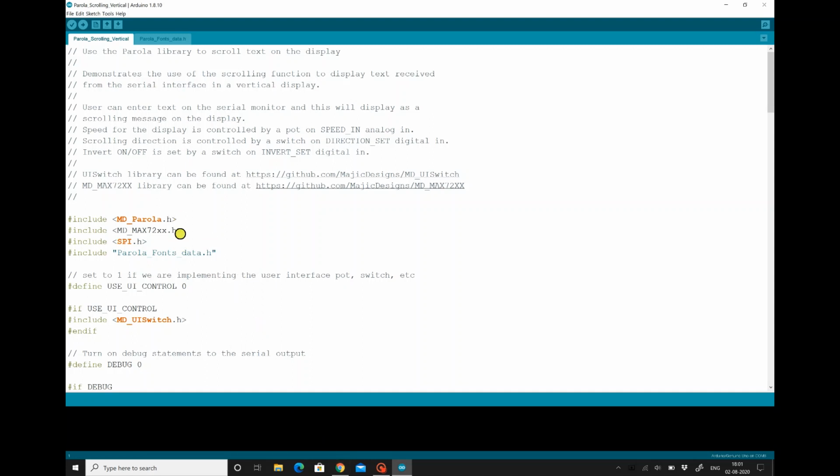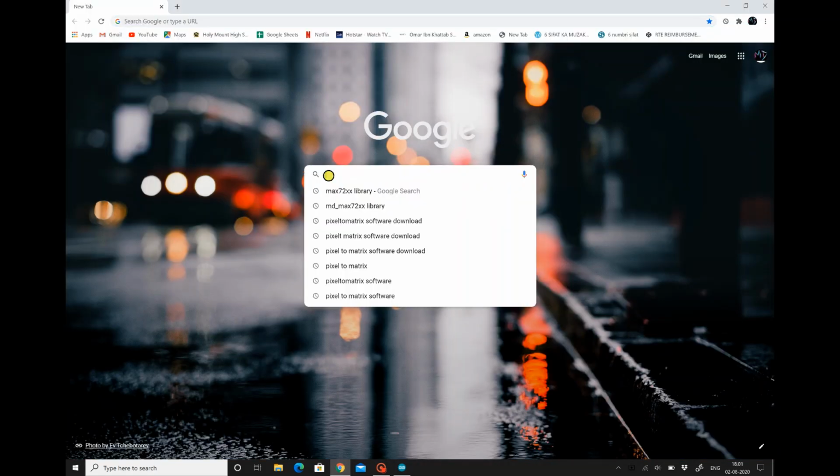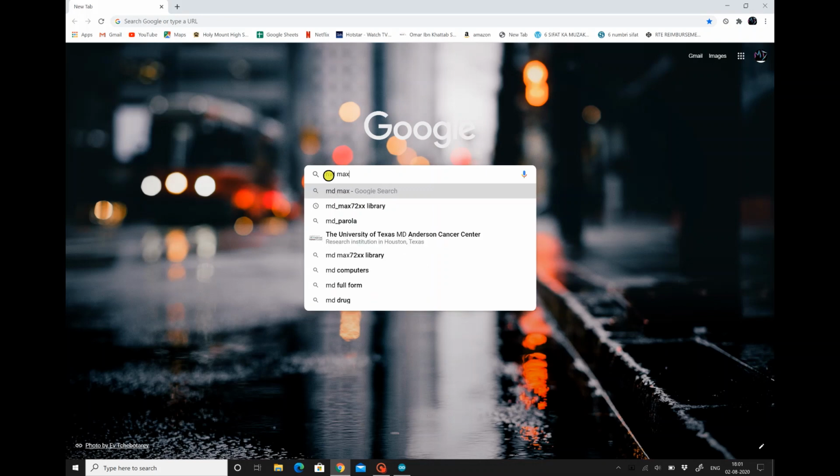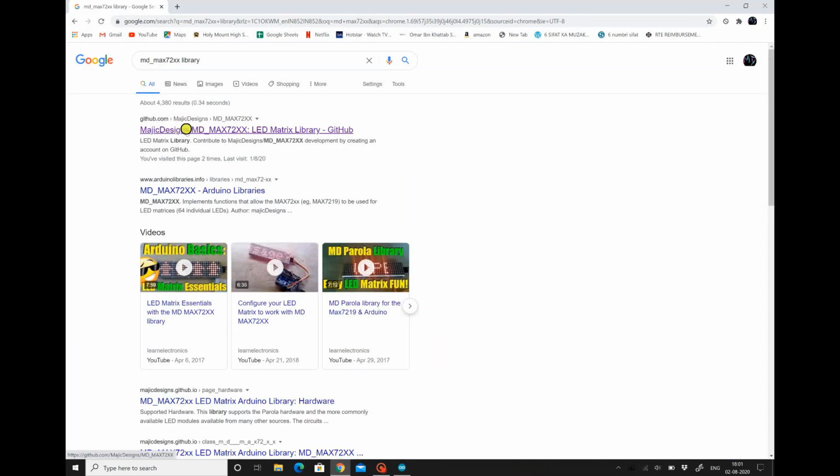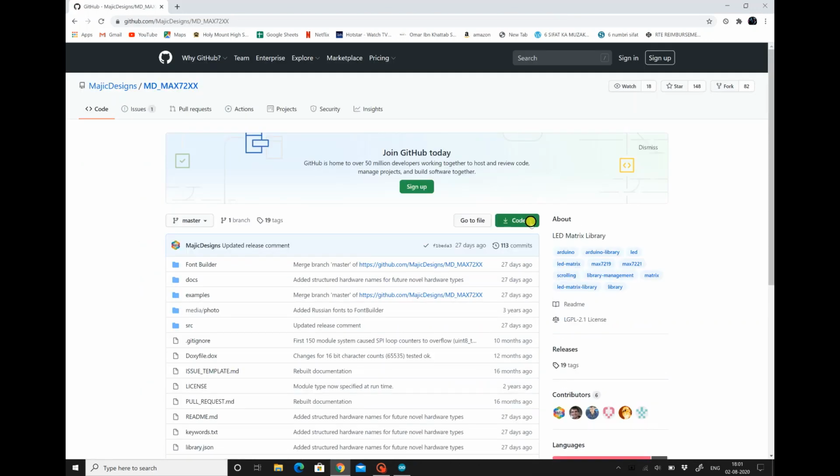For downloading Max 72XX, go to Google, type MD Max 72XX library, go to github.com, press code, download the zip.